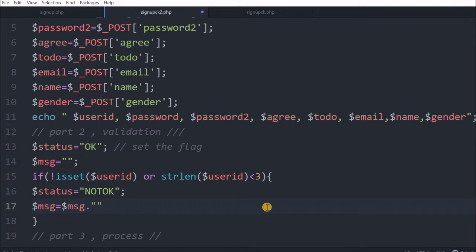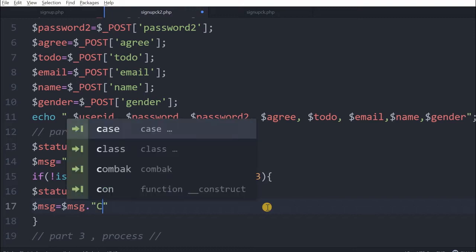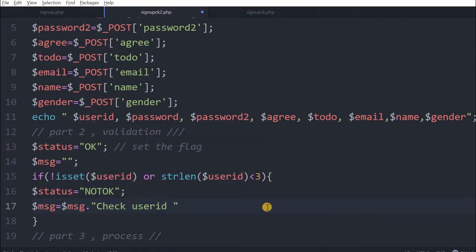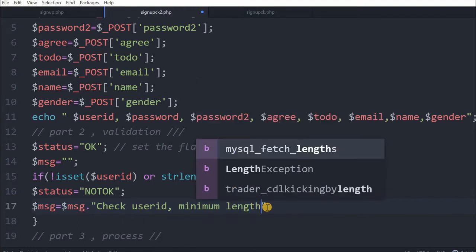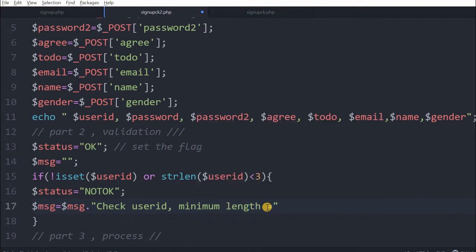It is not that the user ID is the only thing which is not correct. So we'll say: check your user ID length, minimum length equal to 3. You can give whatever message you want, but at the end we'll give a line break, because the next message will also be added to it, so that gives better visibility to the user.